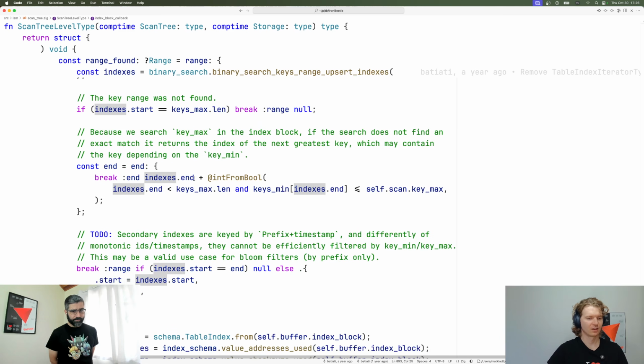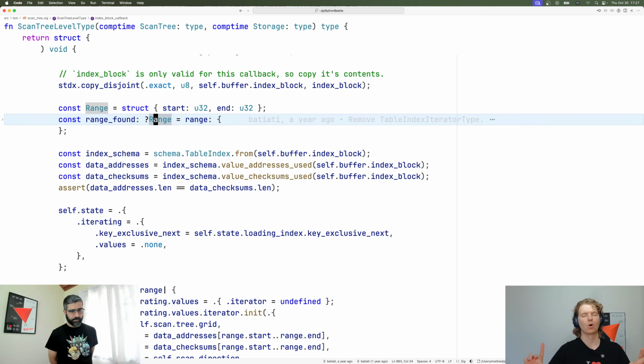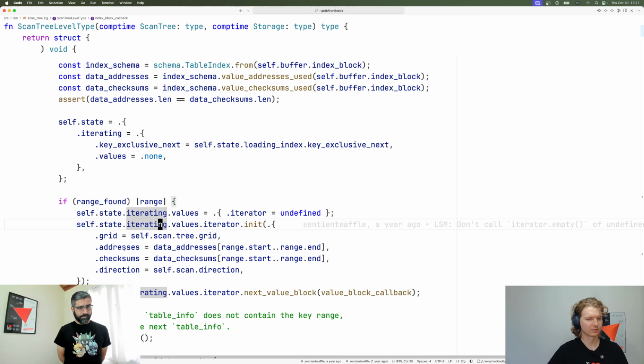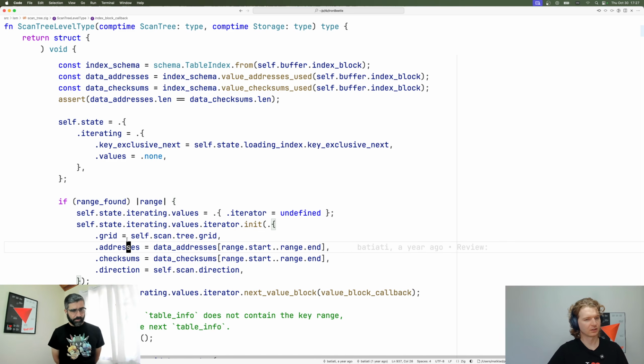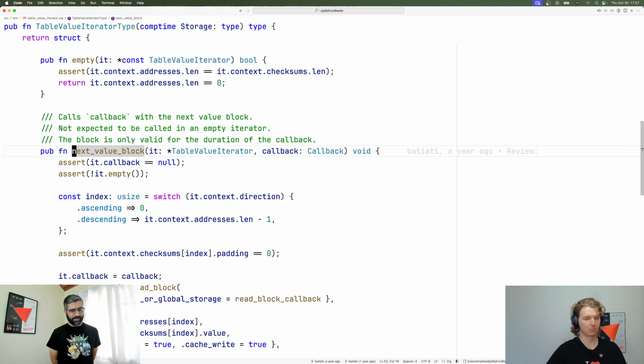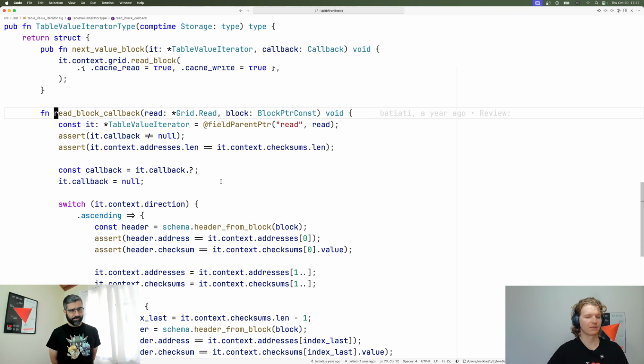Okay, yeah, makes sense. And then we create, this gives us a range of what? Is it like a range of data blocks? Okay, yeah. And then we go and we start iterating over the value blocks. Okay, yeah, this is the iterator of the value blocks. Okay, and then we say, yeah, we want to read the next data block. So we go and read it. And once we got the data blocks,